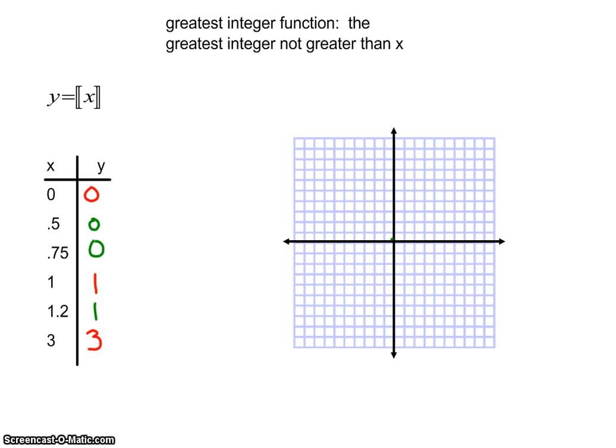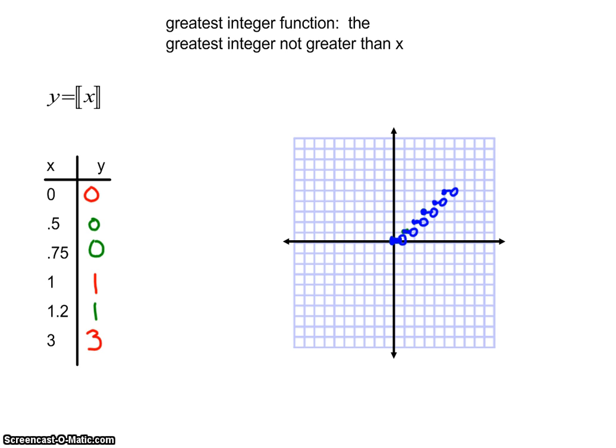All right, so if I go in and start plotting some of these points, I get 0, 0. I get 1/2, 0. I get 0.75, 0. I get 1, 1. I get 1.2, 1. Then I get 3, 3. What's going to happen, if you notice here, I'm starting at the origin, and I keep moving along the x-axis, but then all of a sudden when I get to x equals 1, I jump. And so kind of like with that piecewise idea earlier, it means I get to 1, and I have to make that jump up. So what I do is end it with an open circle. So now I'm at 1, 1.1, 1.2, and again moving my way along. And once I get to 2, I'm going to make that jump. And same thing's going to happen at 2. Once I get to 3, it makes that jump. This pattern keeps going